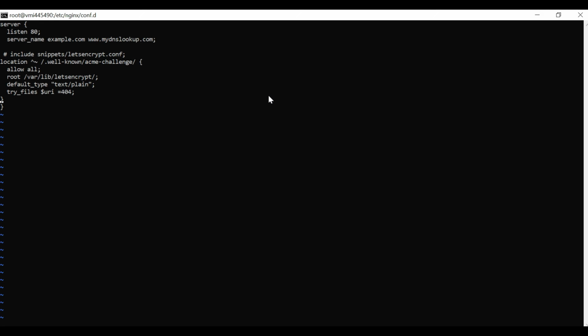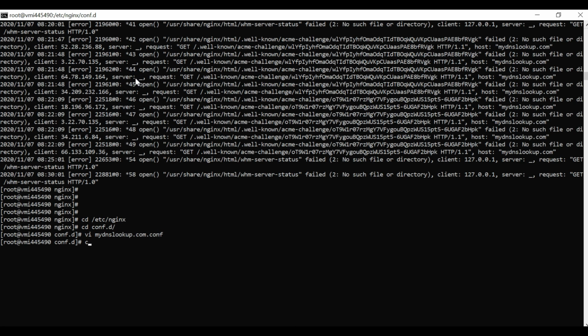You can add this or you can do this, both are fine because the content is already the same. So I have done it, let's keep it this way only. If you see here, I didn't mention any root. The only root that I have mentioned is here, right? But what Nginx is doing is taking the root from the default one.